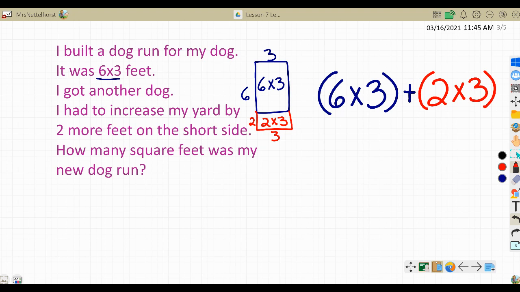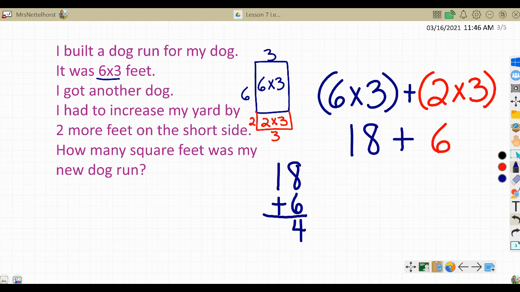Okay, so now I'm going to solve for each expression. So 6 times 3 I know is 18, and I'm going to add that to 2 times 3, which I know is 6. So 18 plus 6, I can stack these to add them up. 18 plus 6. 8 plus 6 is 14. I put down the 4, carry the 1 to the tens place. 1 and 1 is 2, or 10 and 10 is 20. So the answer is 24. Now, the label says square feet. So it's 24